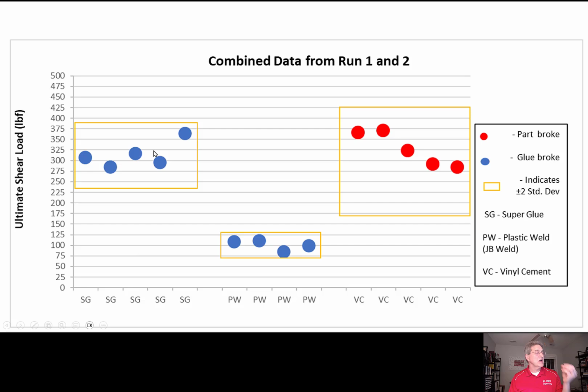They're detectives. They're not looking for one number. They're looking for what the data can tell them. And they're like, well, that's weird. They're both the same strength, basically, but the glue broke here and the part broke here. So they wonder whether this glue changes the chemical composition of the PLA and makes the actual PLA weaker. They wonder what just plain old PLA would do. They had one part that had not been glued, and they plotted it up here.